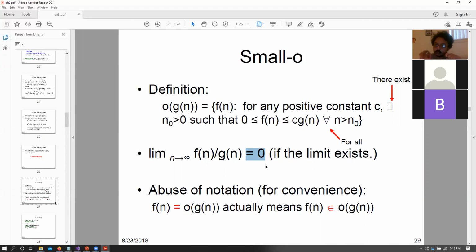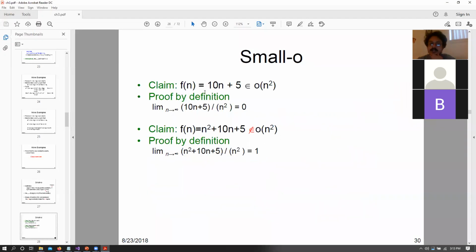For this, it has to be equal to 0 because at infinity, it has to be the 0 value. Okay. Now, let's say that we are claiming that 10n plus 5 is little o of n squared. Makes sense? Again, we have 10n plus 5 divided by n squared, but we can divide both of the sides by n squared. That makes us 10 divided by n plus 5 divided by n squared, right? And that basically means both of them, well, as n tends to infinity, become 0, right?